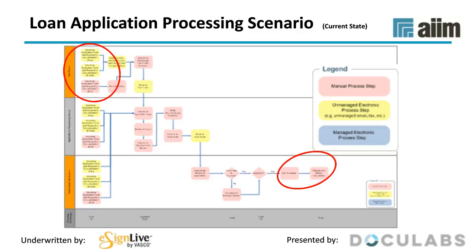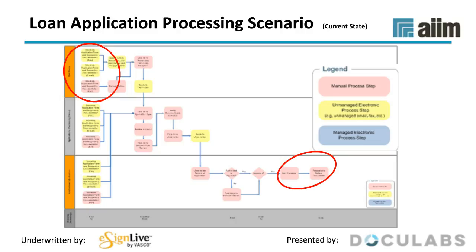So let's apply electronic signatures. Electronic signatures plus electronic forms plus some workflow. Note here, what I want to point out are the two endpoints. We found that the wet signature steps for most processes like this are at the endpoints. At the beginning of the process, where, say, the client is submitting documents and signing documents, and at the end of the process, where, say, the loan is finalized, there's ceremonial signatures, and so on. So those are the areas to attack first.